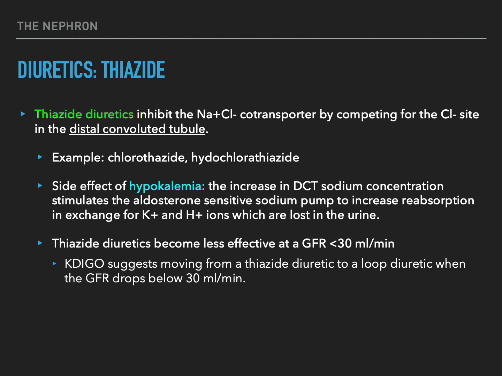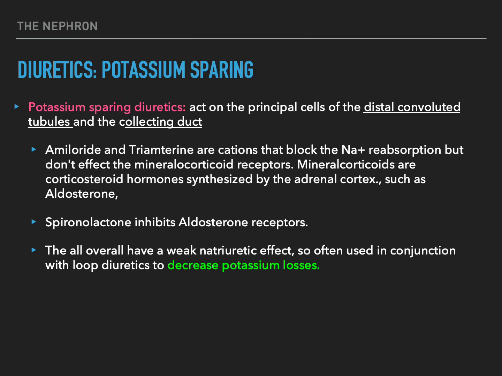The mechanism of the hypokalemia is that the increase in the sodium concentration in the distal convoluted tubule stimulates the aldosterone-sensitive sodium pump to increase reabsorption in exchange for potassium and hydrogen ions, which are then lost in the urine, leading to serum hypokalemia. The next class of diuretics are the potassium-sparing diuretics, which act on the principal cells of